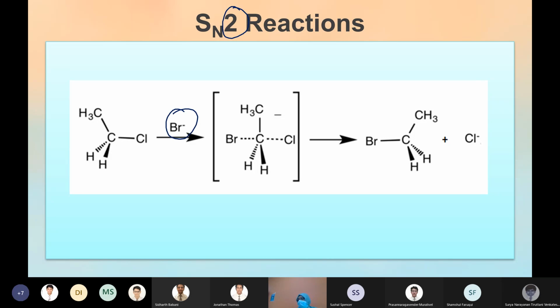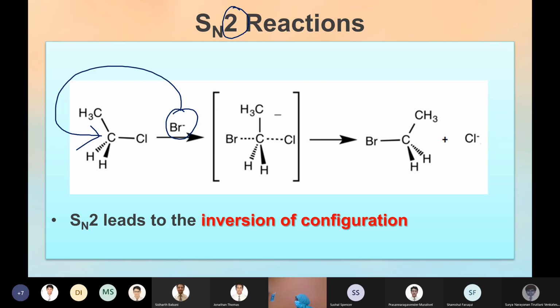This is the rule in kinetics: if you have a multi-step reaction, you consider only the step which is happening slowly among all the other steps, and how many molecules are taking part in that slowest step determines the rate. Here the first step is the slowest step, and in it both the nucleophile and the substrate take part, where the nucleophile attacks from the rear side, the opposite side. So both molecules are taking part. That is why it's a bimolecular reaction. And since it happens by attack from the rear side, it leads to inversion of configuration. That is the important thing to be noted in SN2.